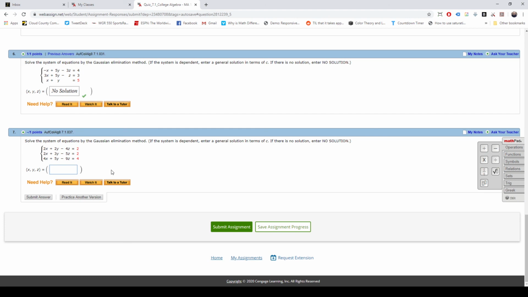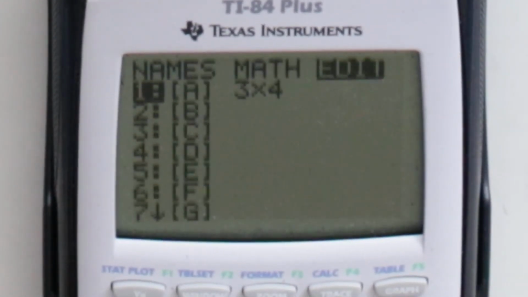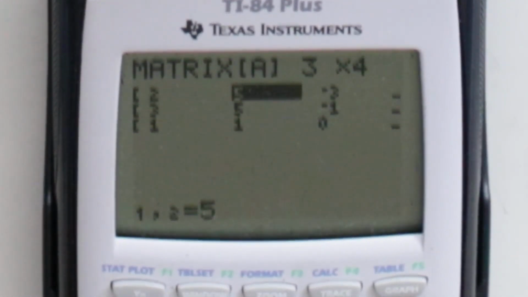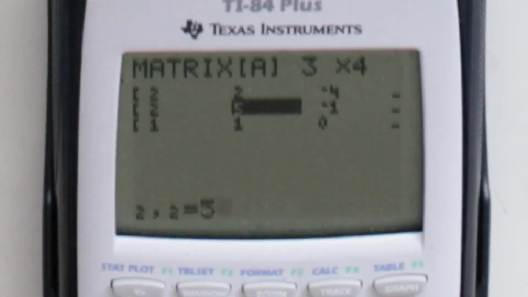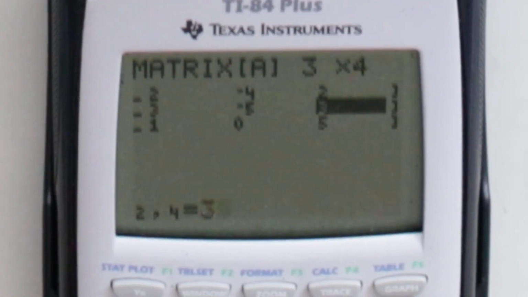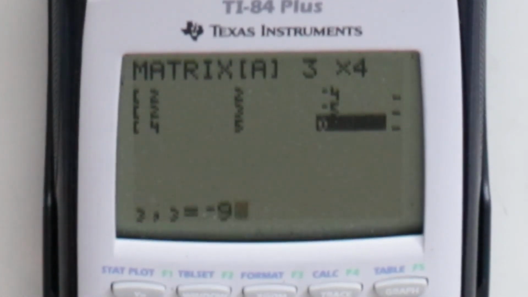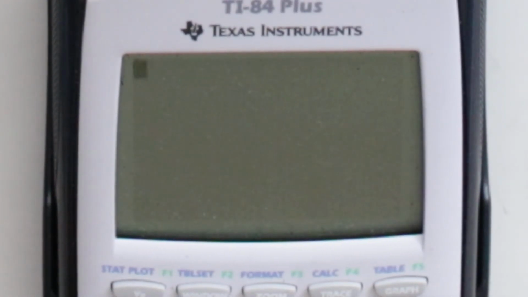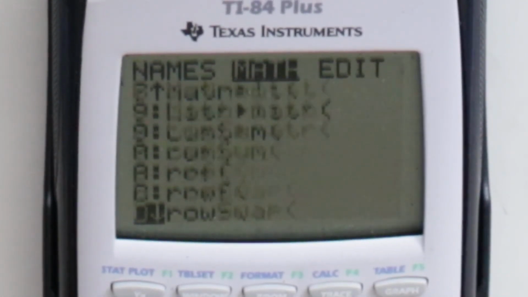And while we're here, hey, might as well just do the last one, because we've gone all this way, and it would be a shame if we just didn't do it. Second, matrix, edit A, scroll down, we'll do 2, 2, -4, 2, 2, 3, -5, 2, and 4, 5, negative 9, and positive 4. Okay? So there we have our matrix. We'll quit out. Now we'll go back second matrix, math, scroll down to reduced row echelon form,